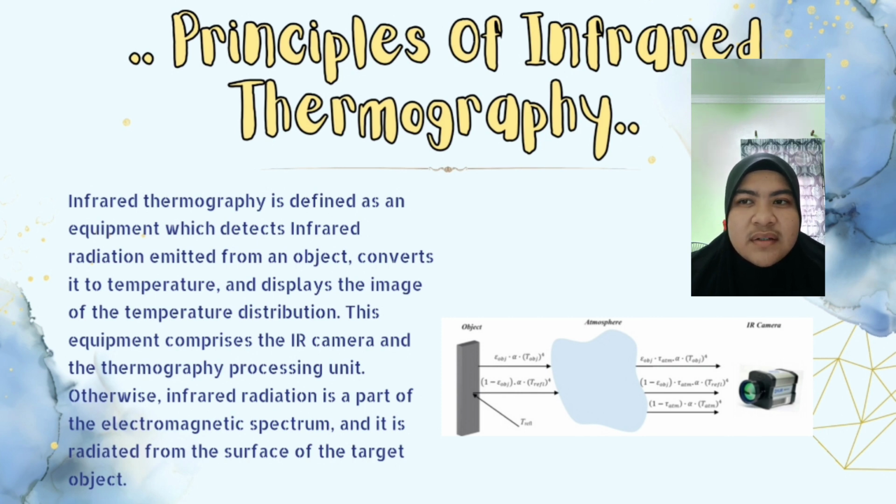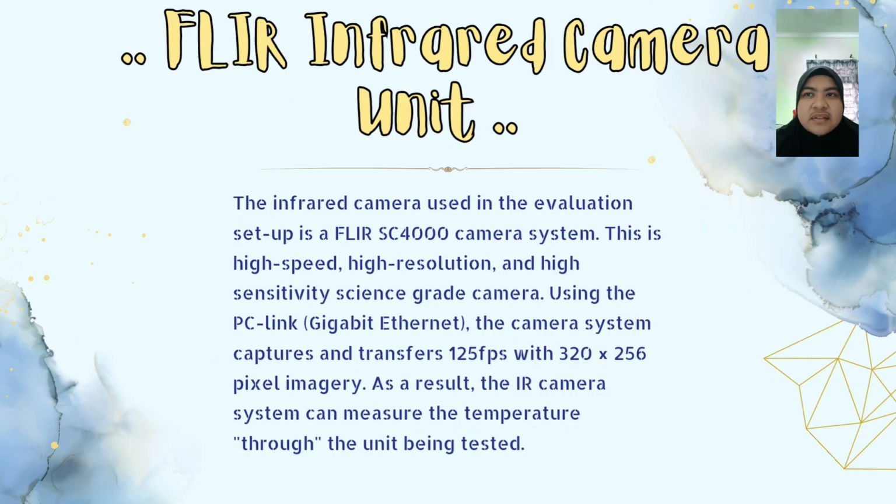Otherwise, infrared radiation is a part of the electromagnetic spectrum and it is radiated from the surface of the target object. Second, FLIR infrared camera unit. The infrared camera used in the evaluation setup is a FLIR AC4000 camera system. This is a high-speed, high-resolution, and high-sensitivity science-grade camera. Using the PC-Link Gigabit Ethernet, the camera system captures and transfers 125 FPS with